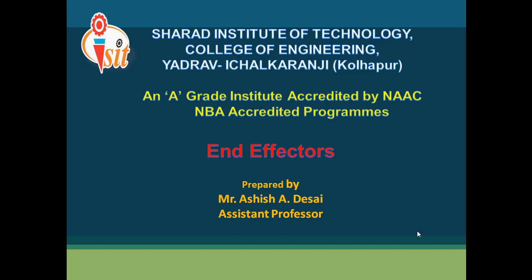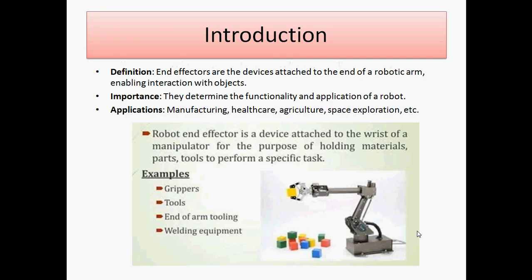Today we are going to discuss the end effector. End effectors are devices attached to the end of a robotic arm, which enable interaction with objects. This is the key criterion for the end effector. Its importance is that it determines the functionality and application of the robot. With the help of the end effector, we perform different tasks in manufacturing, healthcare, agriculture,